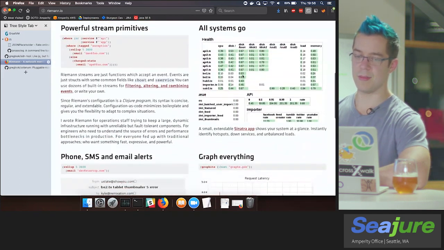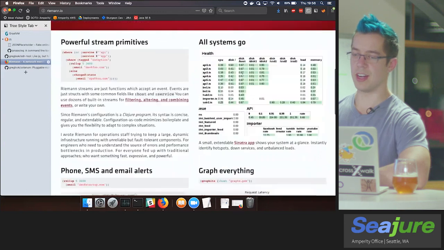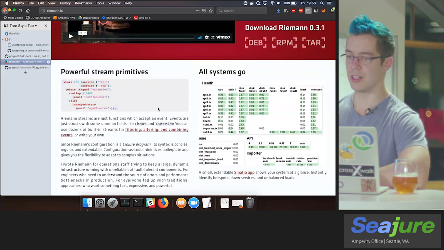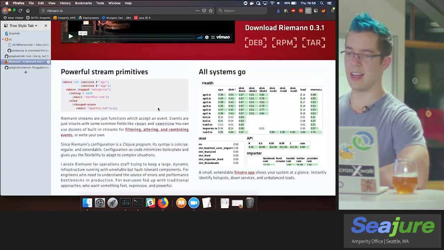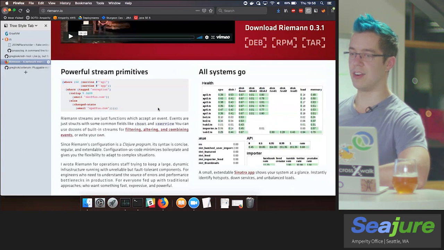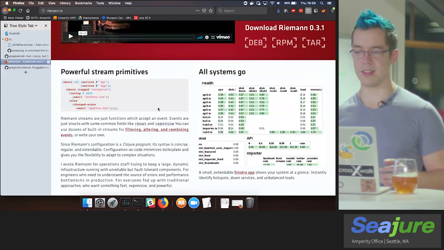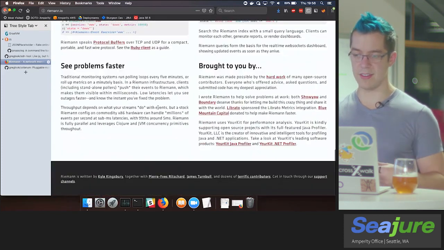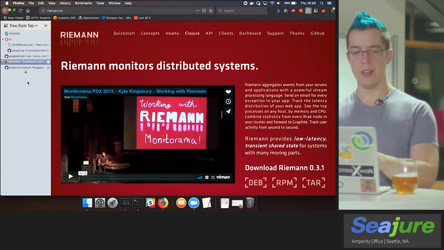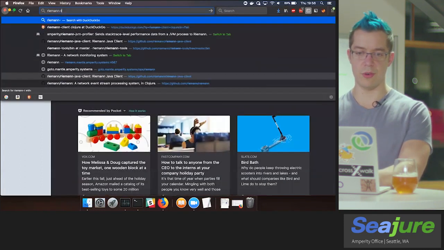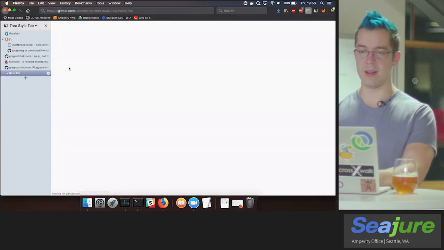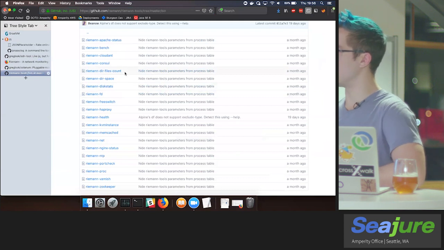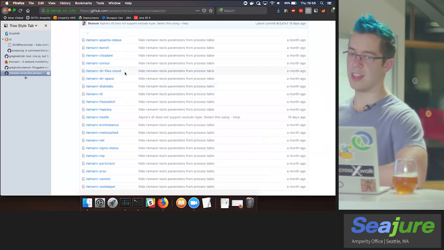But at a high level, Riemann is a monitoring system that is configured using Clojure code and a Clojure DSL, and generally operates on very Clojure-y principles about how it handles events and what they look like. And under the hood, all of the monitoring events are just maps that have some keys in them. So Riemann ships with a set of tools, which are command line programs that you can run on a host. And each of these command line tools measures a particular kind of thing.